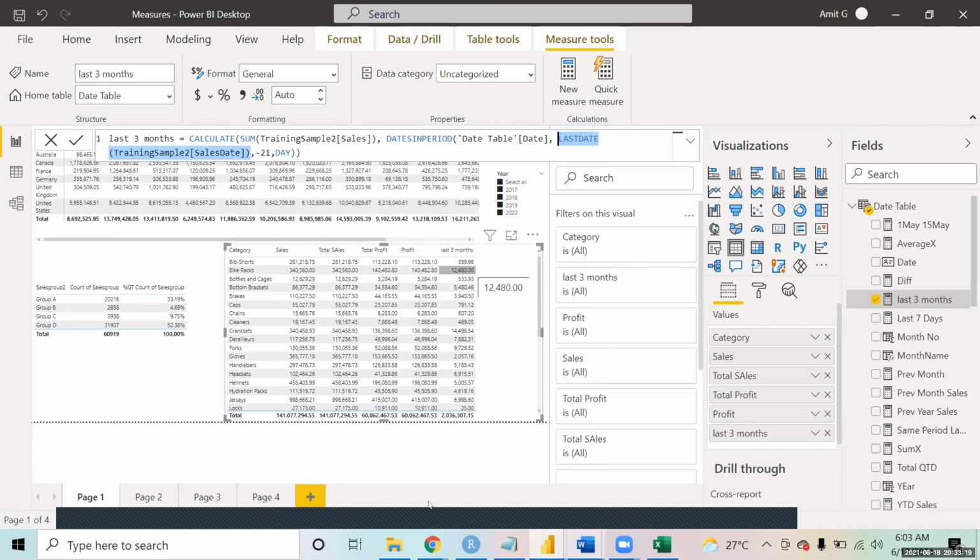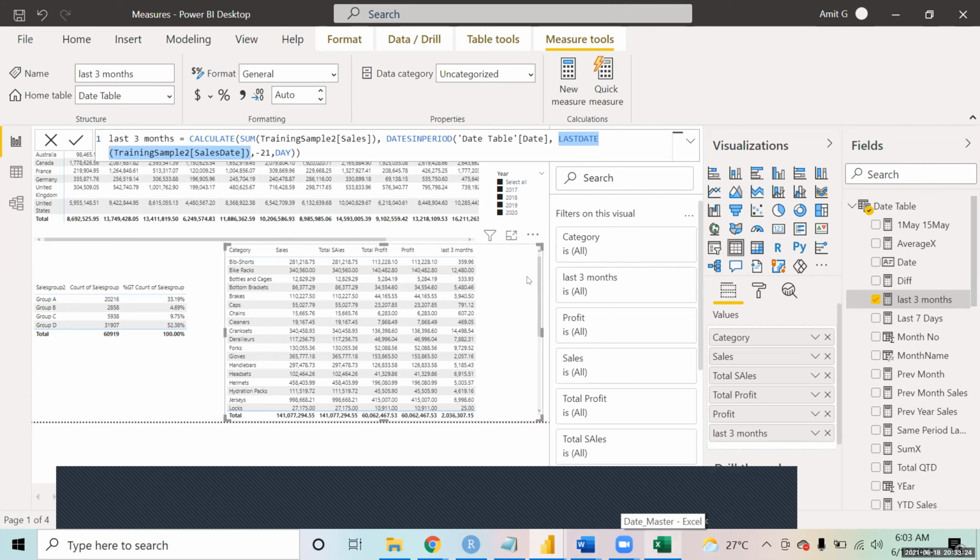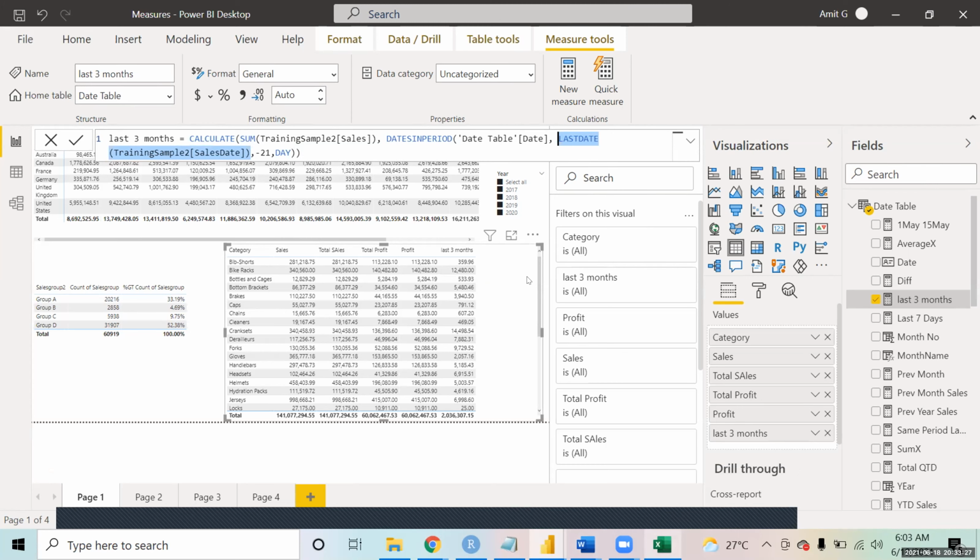I have shared this document as well. So please go through it and try the questions on the sample superstore data set. You can try a couple of things on the UK bank customers as well, like how the balance was being accumulated over the month or year on year, because there you have day level data, and similarly you have day level data in the sample superstore as well. It's just about the different combinations, because you will find hundreds of DAXs. It's just about how much we explore and how comfortable we feel with them. So with DAX also, we are just playing with a combination. That's it.